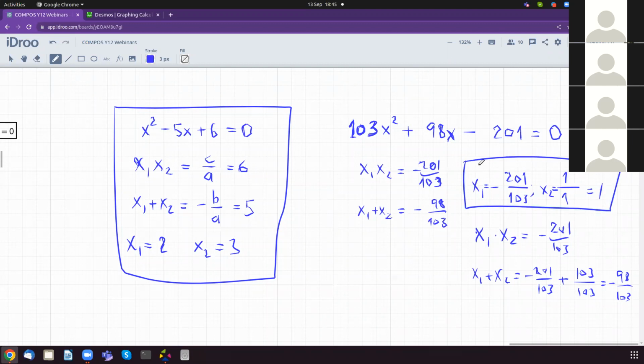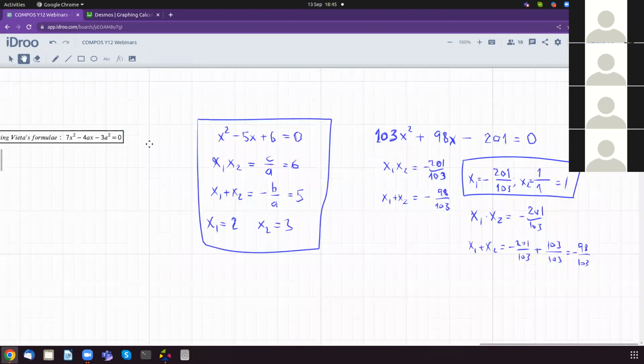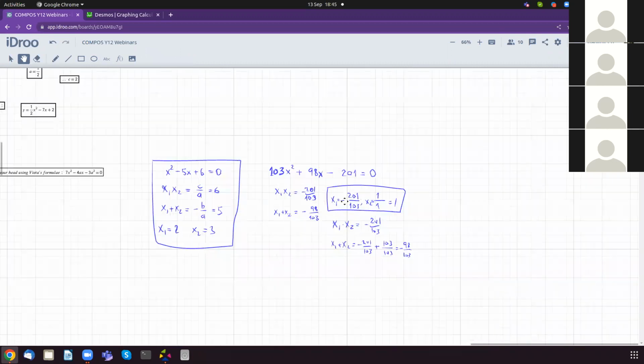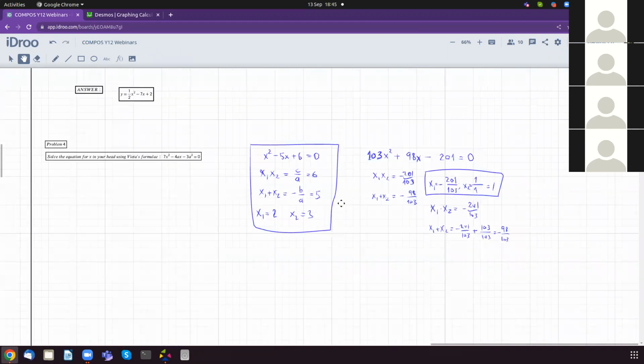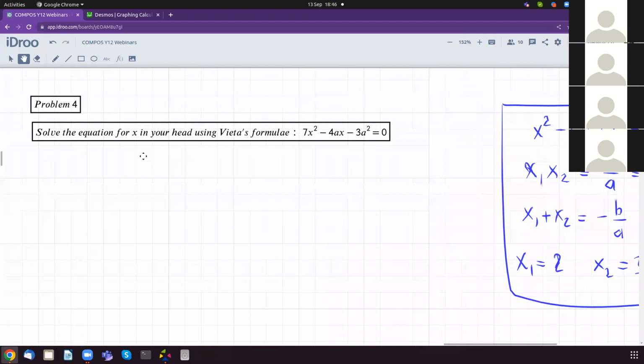So this is just another arrow to your bow. Yeah, another arrow to your, not the bow, the other thing where you keep the arrows. It's just another tool to solve. So let's have a look at this one. So you have two numbers. So you use Vieta's formulae,